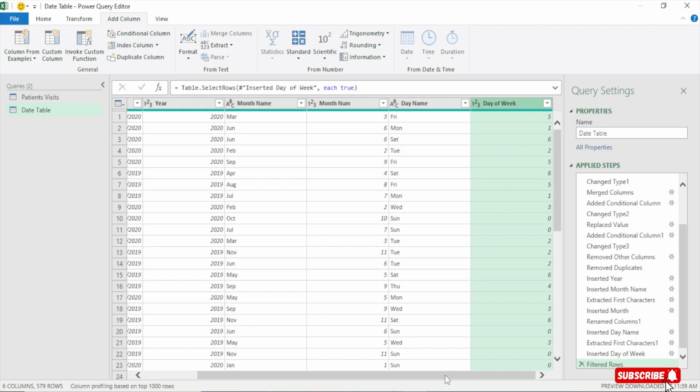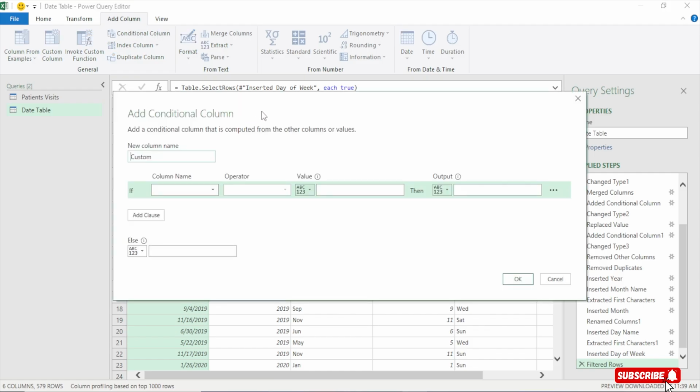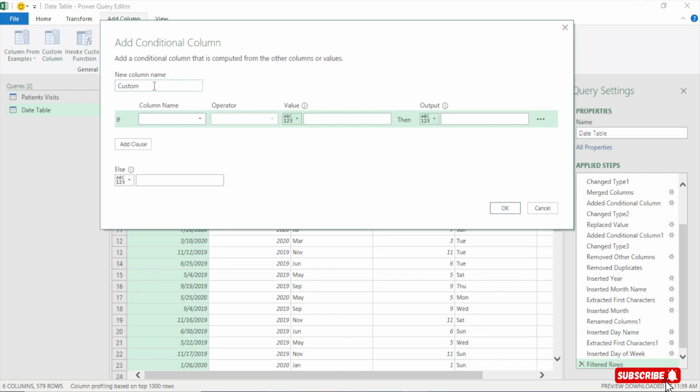Perfect. So now the same thing, come here, select the date, come to add column, and then click on conditional column. As I said, the conditional column is the same as using the if formula or the if function. All right, so now we are going to name this Week type. And we are going to say if the day of week is equal to zero,